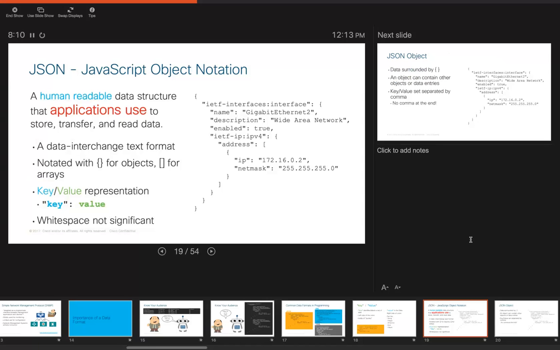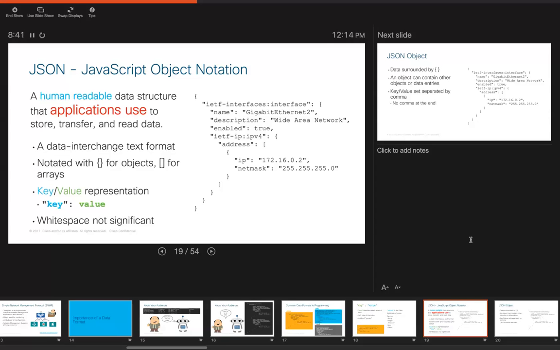One of the things that confused me the first time I saw something like this was, if you look at that first line, ietf-interfaces:interface, that's all in quotes. So the first time I looked at it, I was a little confused whether that's actually a key and a value. It's actually not. If it's all in quotes, that represents everything to the left of the colon. So that whole line is the key, and then the value, as you see here, is another object that has the name, description, enabled, and even some of the IP addressing around that value.